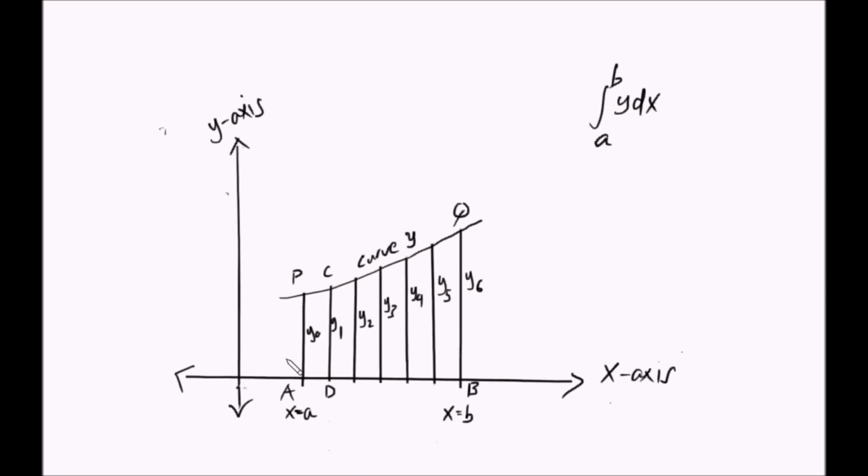So you can see kwenye mfano wangu nimedivide this curve into, the area under this curve into 6 strips. So hizi ni height ya hii mistari, y0 ni height ya mstari wa kwanza, wa pili, wa tatu. So now what I'm going to do is this. I'm going to change these strips into trapezium. For example, hii strip ya kwanza hii